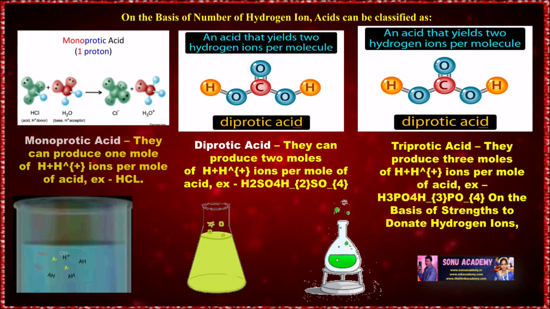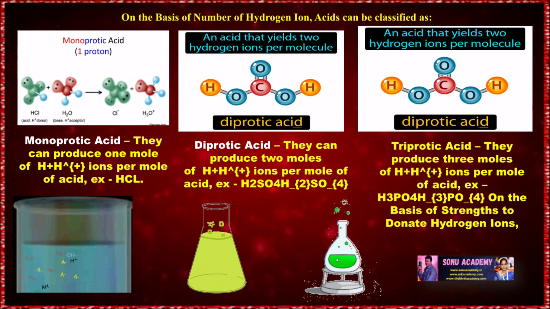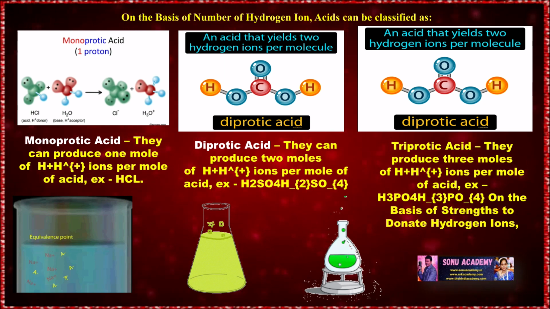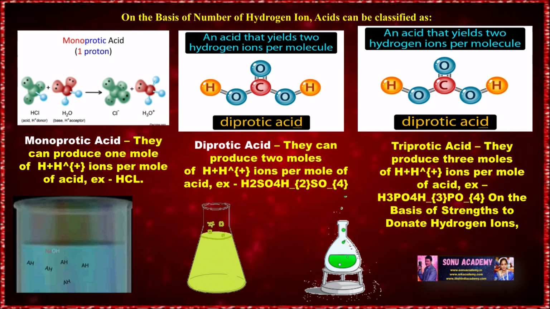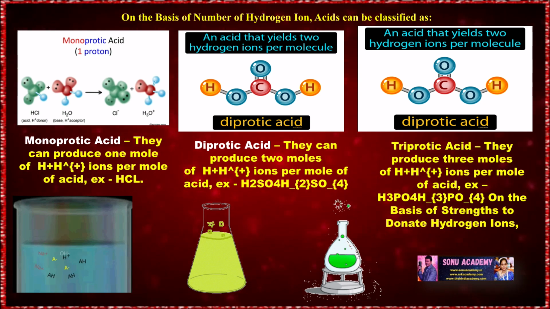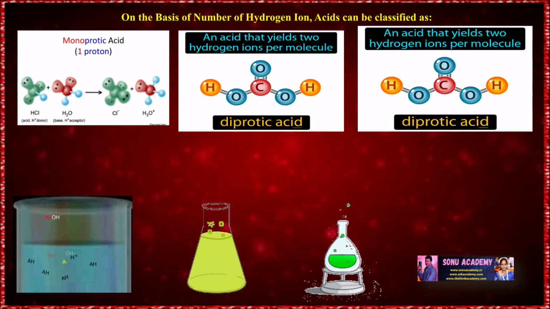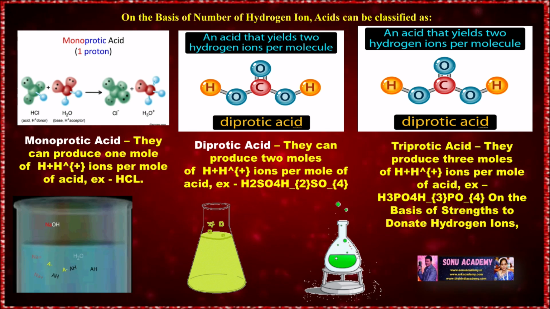Children, on the basis of the number of hydrogen ions, acids can be classified as monoprotic acid. They produce one mole of H+ ions per one mole of acid, for example HCl. Next one is diprotic acid. They can produce 2 moles of H+ ions per 1 mole of acid, for example H2SO4. Triprotic acids produce 3 moles of H+ ions per 1 mole of acid. Now, on the basis of strength to donate hydrogen ions,